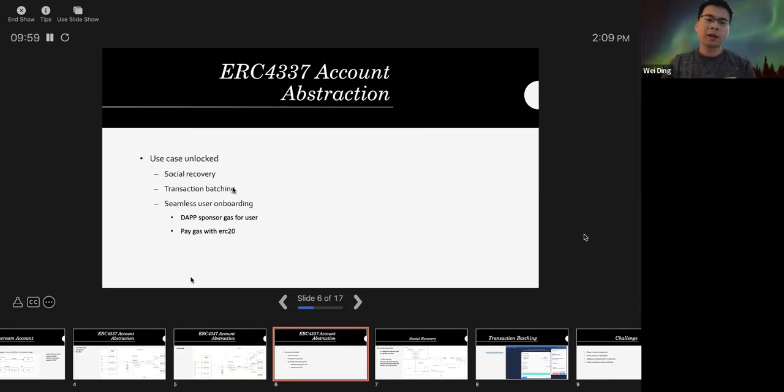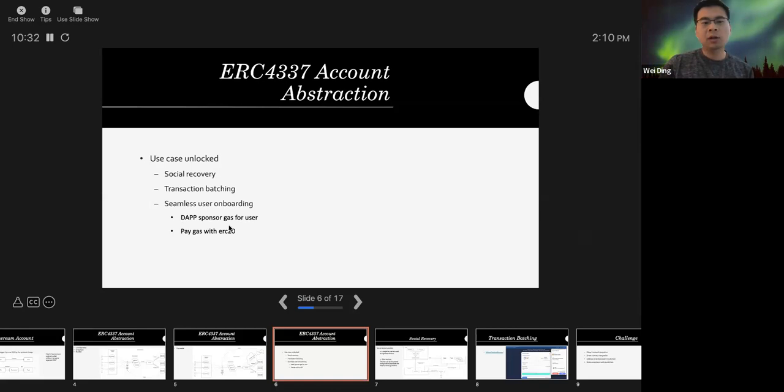This is especially handy when users interact with DeFi projects, because if a user wants to swap some token on the DEX, the first thing they need to do is send an approve transaction to the protocol, and then later they send the actual swap transaction. With transaction batching, the user operation can batch all these actions into one user operation, and the user only needs to sign one transaction for that.